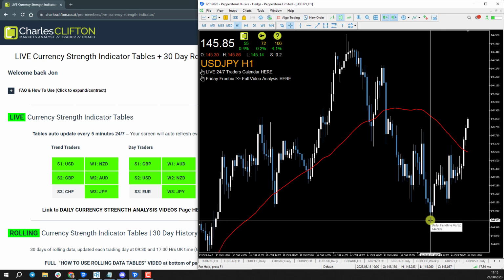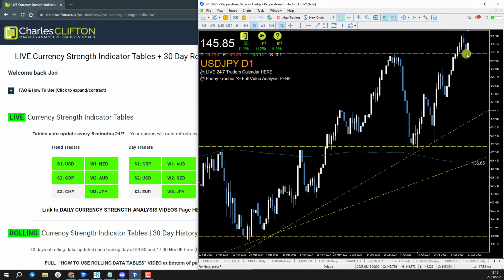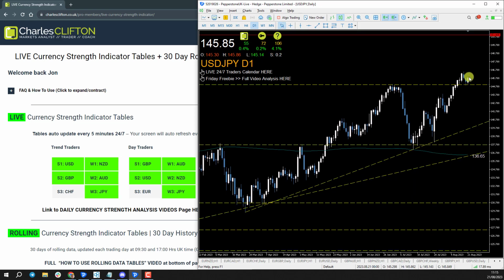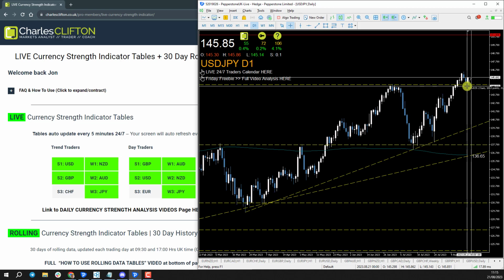Okay, we rejected the 145. That was the previous area where the Bank of Japan wanted to intervene. We're now breaking above that. So again, if we look at it from a logic point of view, a break of that daily high at 145.90 with a stop loss of